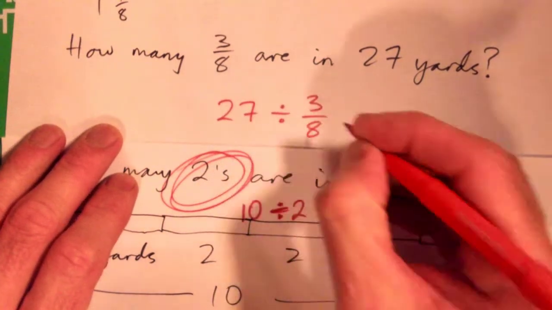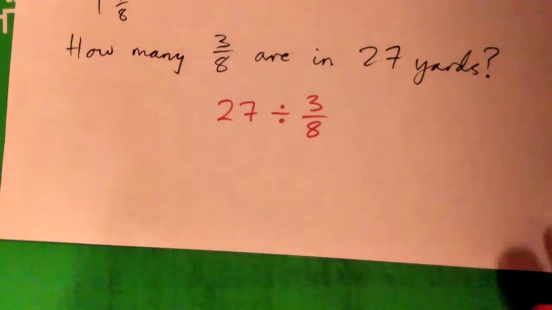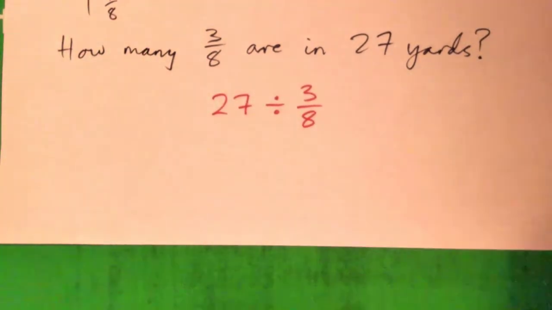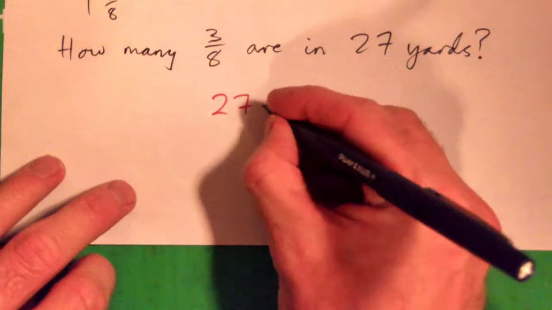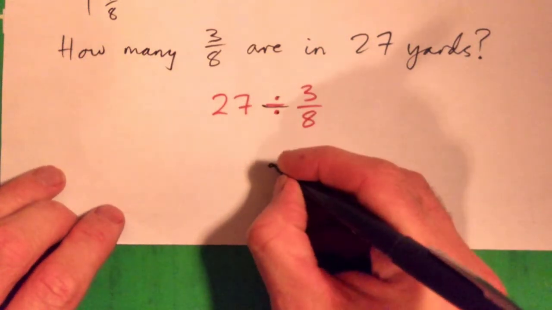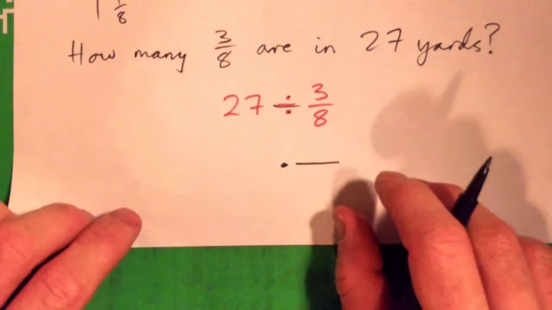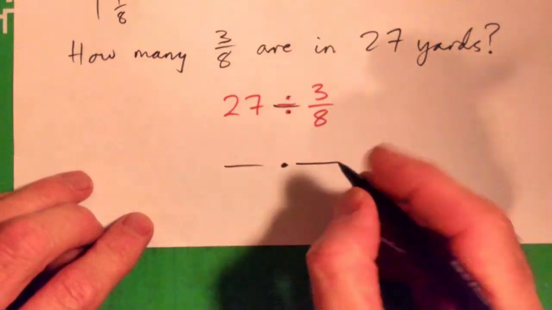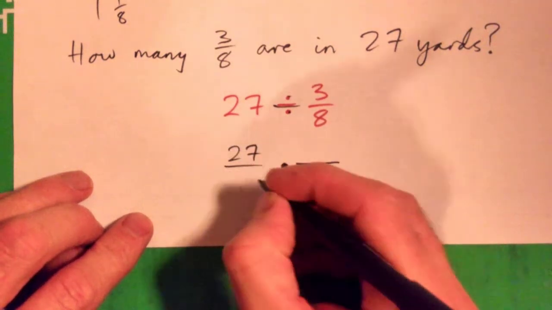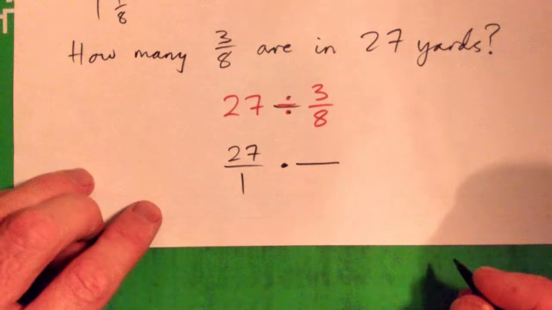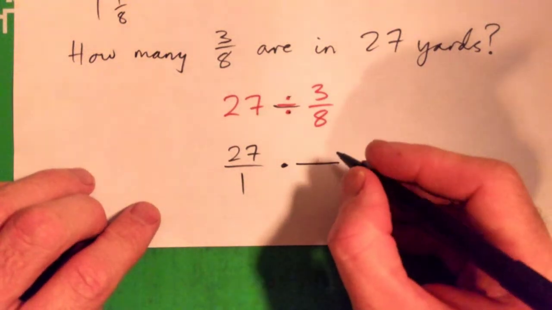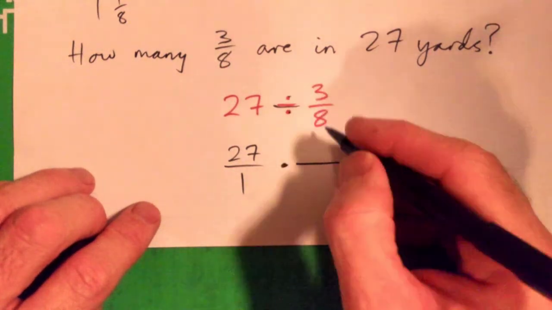Yep. Right. So when I divide by a fraction, I must multiply by the reciprocal. Flip it upside down, right? So 27 over 1 times, and flip this guy,